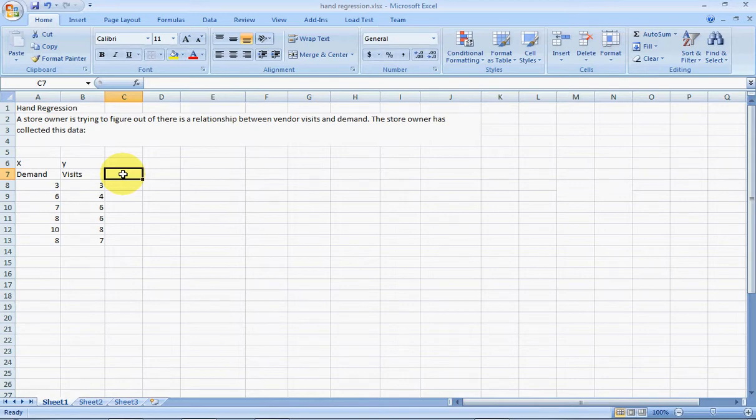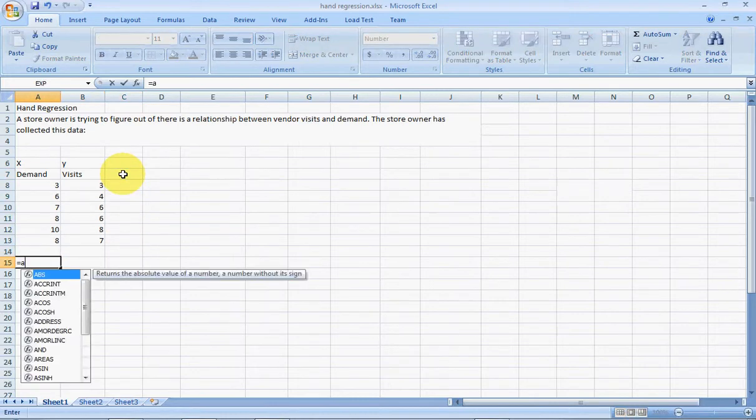In this tutorial, we're going to use linear regression to figure out how many visits there are for each demand. So we're going to be trying to predict the number of visits for a certain amount of demand. So the first thing that we're going to do is figure out the average of the x and y columns. So we can just do average